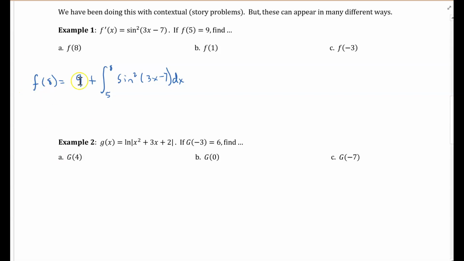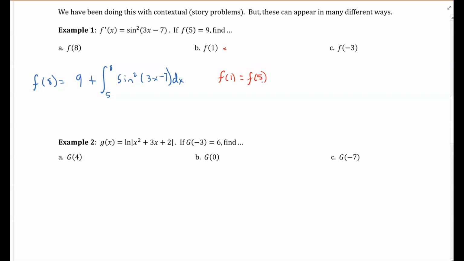If I want f of 8, it's 9 plus the integral of the rate from 5 to 8. Pretty simple. What is f of 1? Well, f of 1